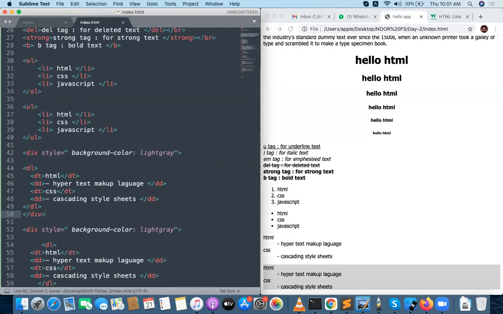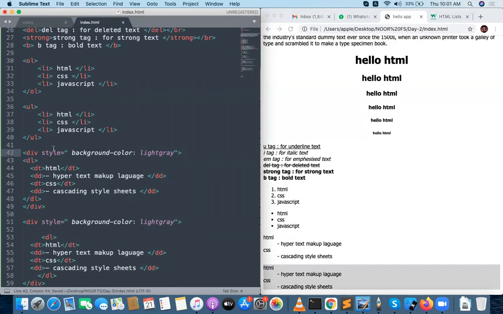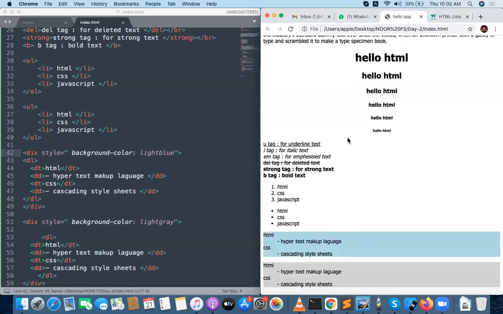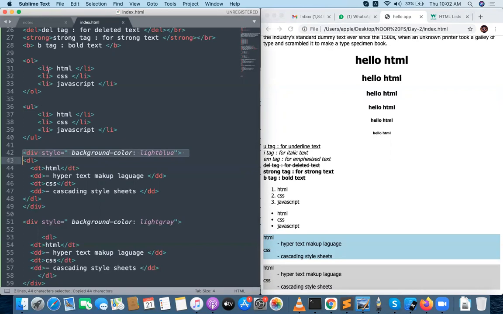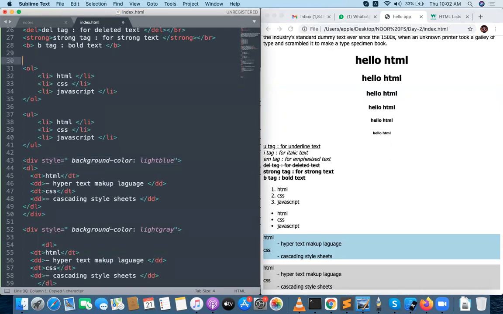And this particular definition list, I will take in a div, and this is the light blue color. Can you see two divisions are there now in the page? Let me take this kind of division for all the list items here.